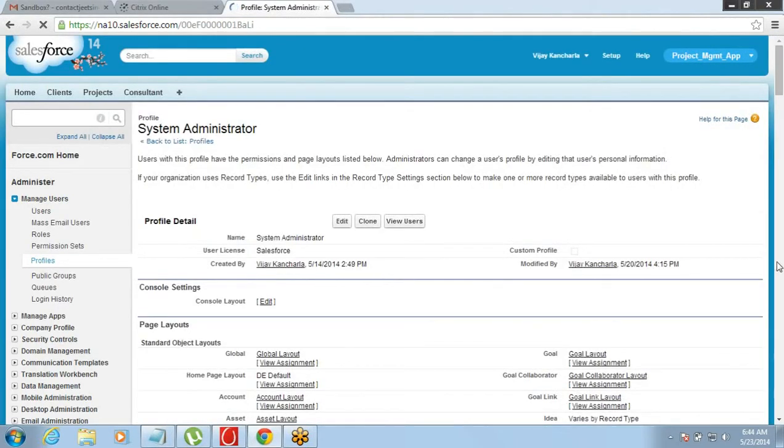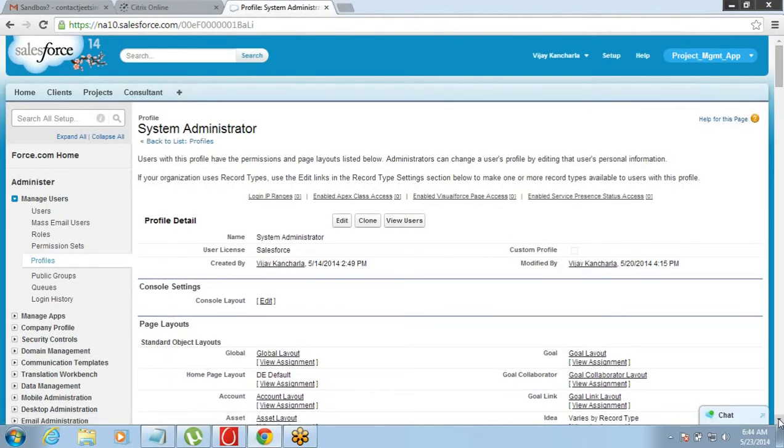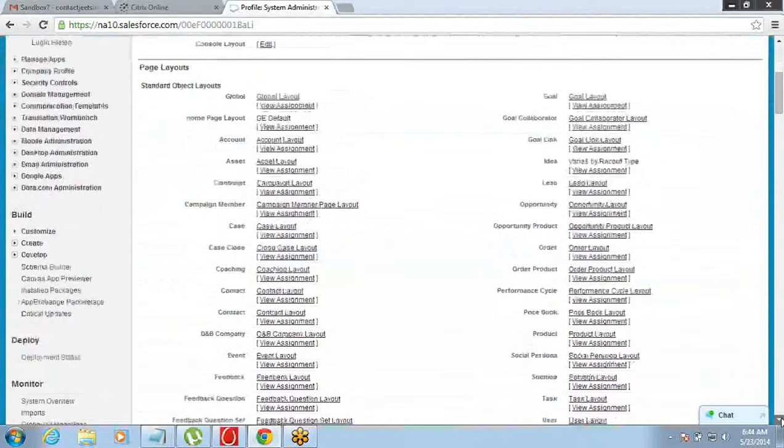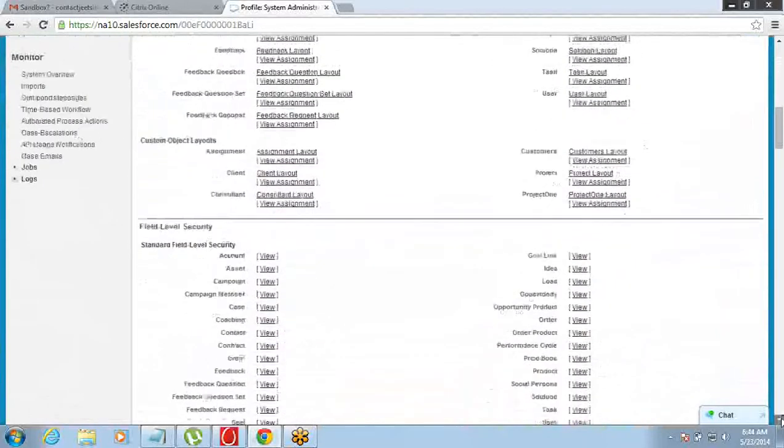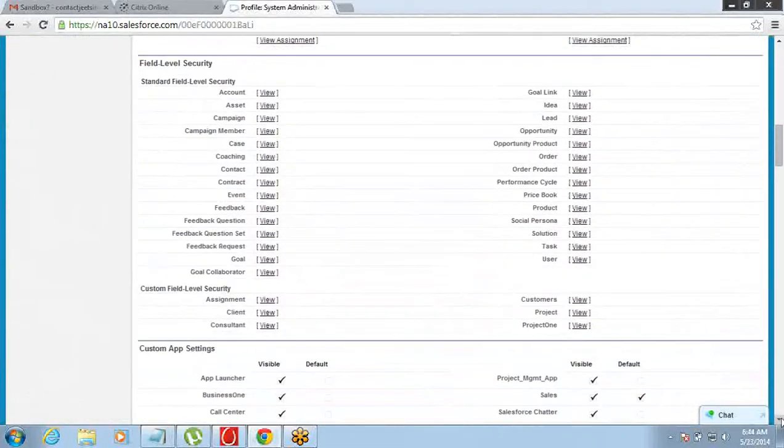Let's take any of the profiles. Okay, so to control the field level security on a profile, we won't need to click on edit. Please don't click on edit. Scroll down a little. Come here to field level security.